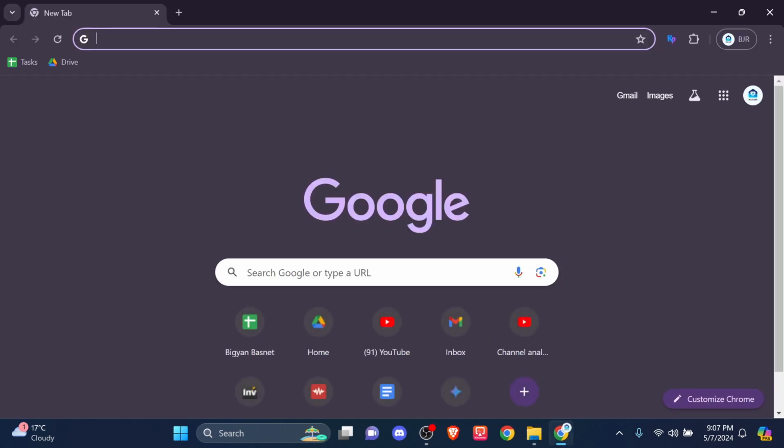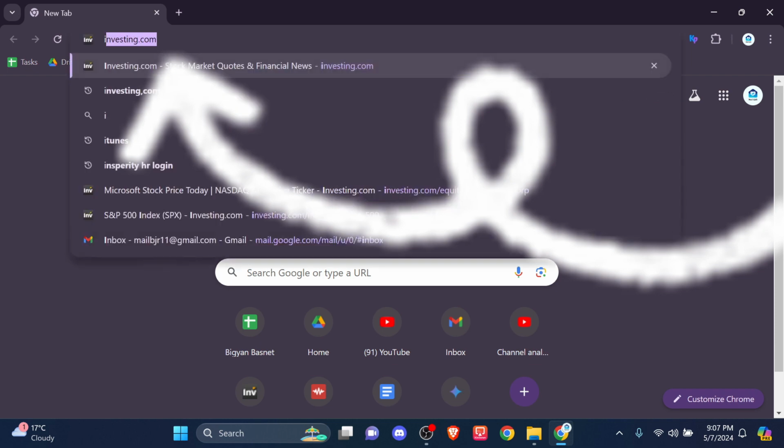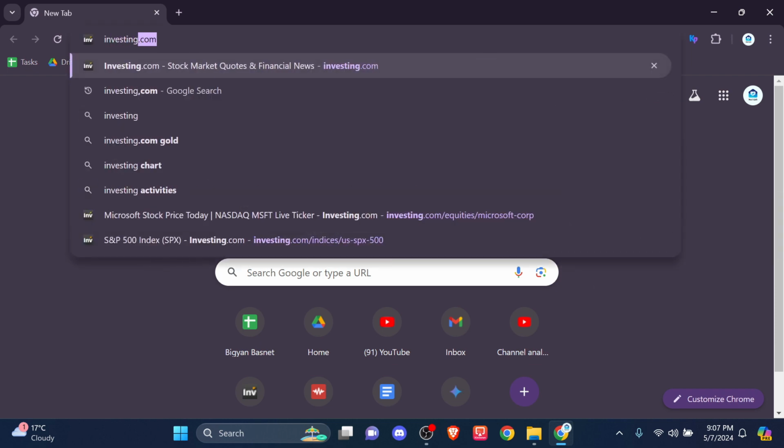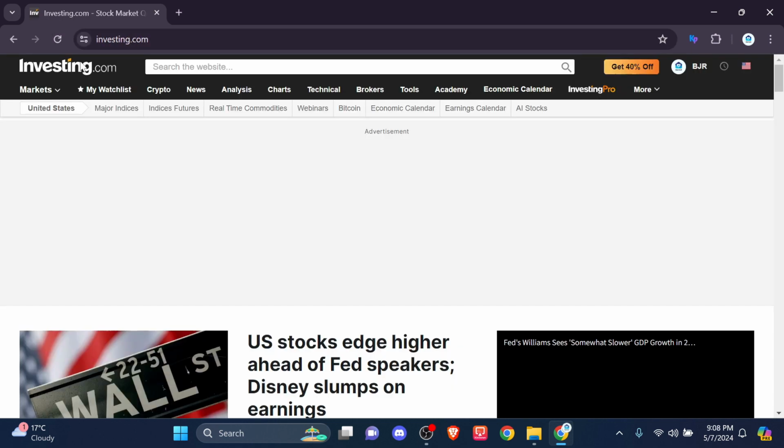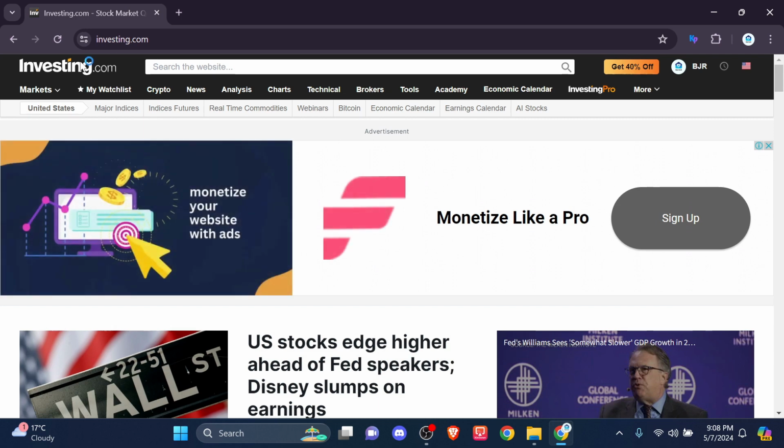First of all, jump into your default web browser. For now I'm using Google Chrome, you can use it too. In the above search bar, you just have to type in investing.com. This domain will lead you to the official web page of investing.com, and here you can find the option My